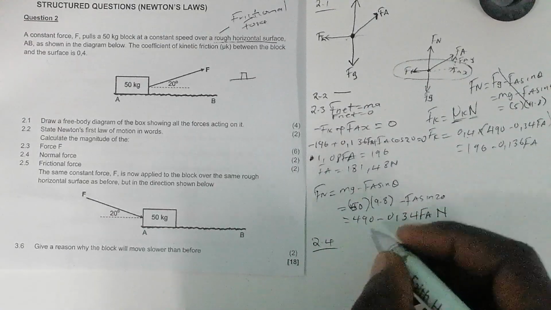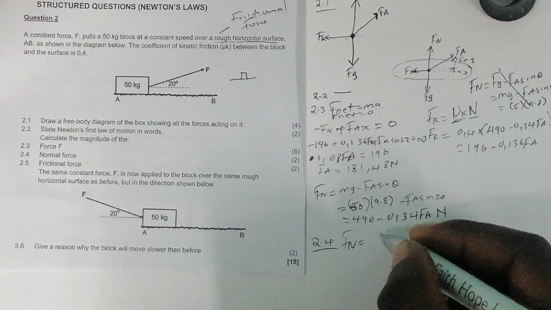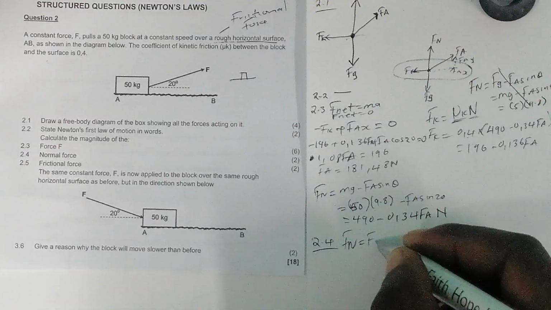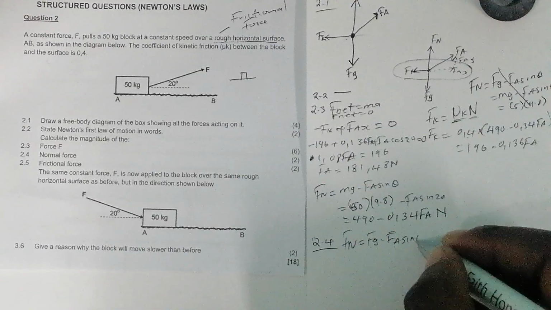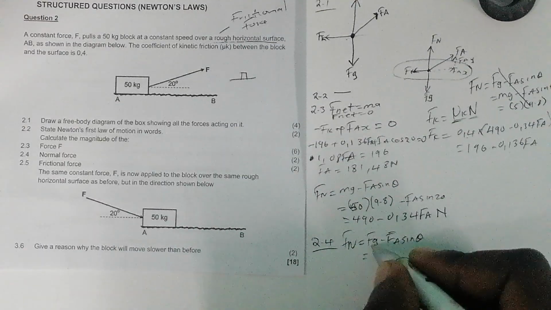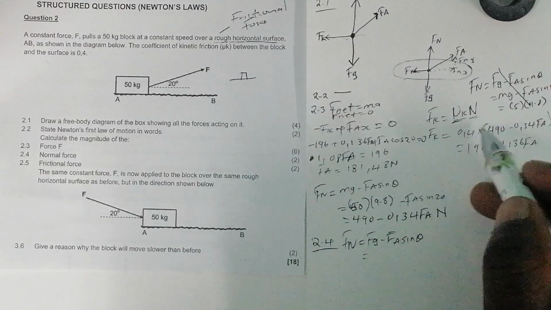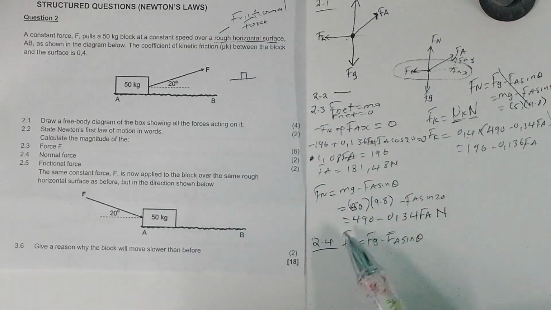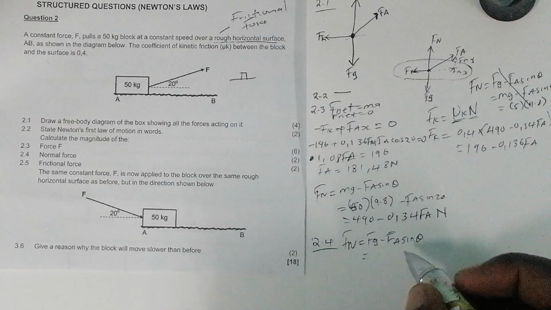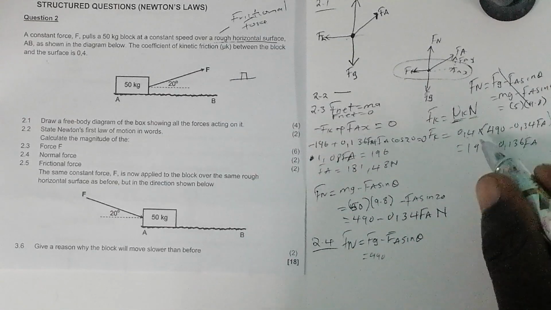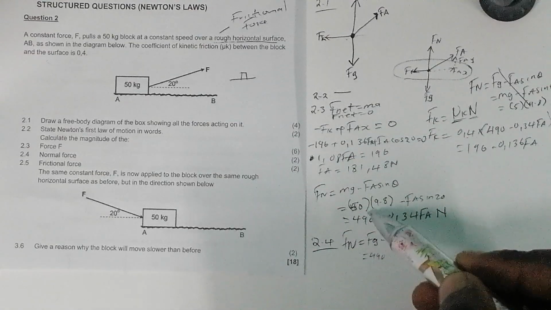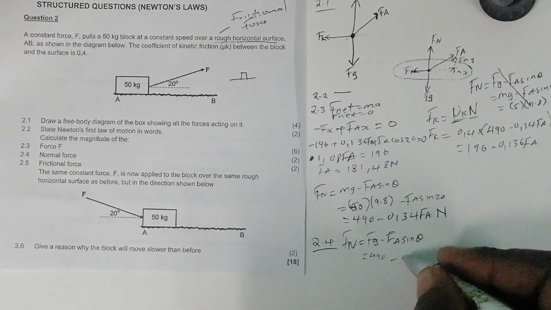The value of the normal force, Fn equals Fg minus Fa sine of theta. We know that here, this is what we are going to write. We have the value of Fa, so here it will be 490, because this is the same as what we were finding here. 490 minus